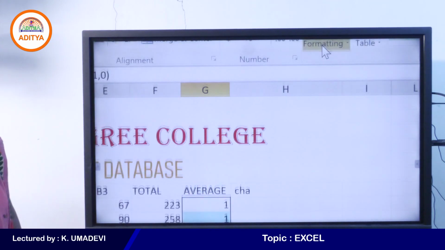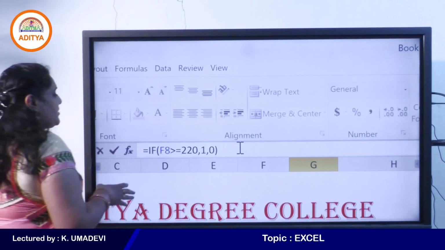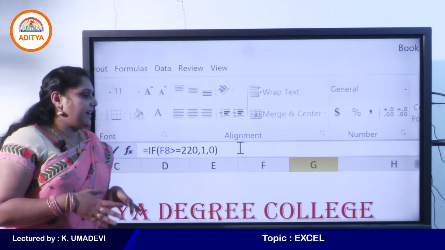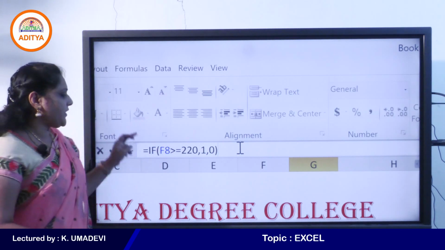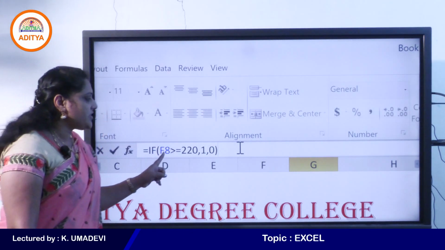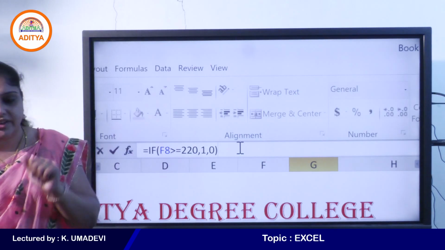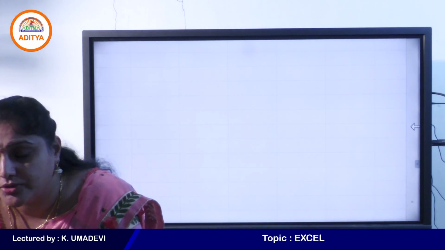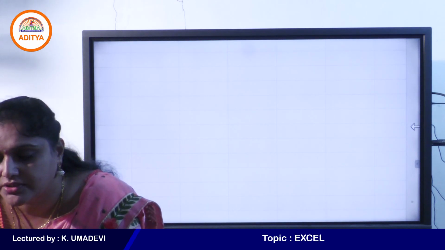So that means IF is not only used to print text. Yes, we can enter our own values instead of true and false. Here I have written 1, and I'll enter 0 instead of false. See, if the condition is true, it returns 1 as its result. If the condition is false, it returns 0 as its result. Do you understand, students? Function by using the Insert Function dialog box, we use the shortcut Shift plus F3, or else you can click on the FX button on the formula bar, right?